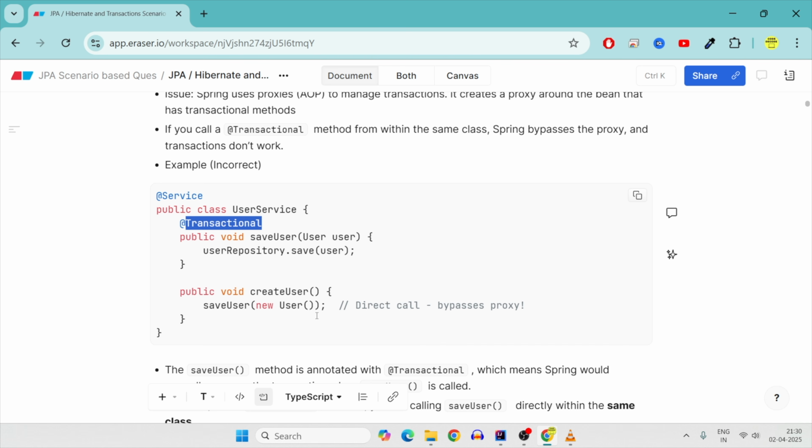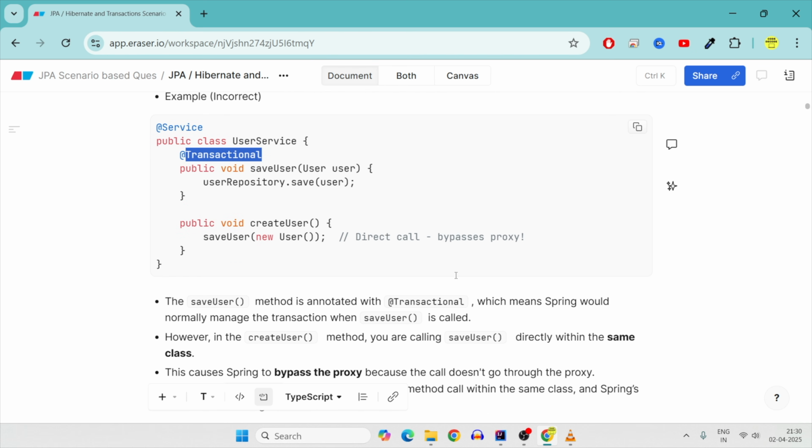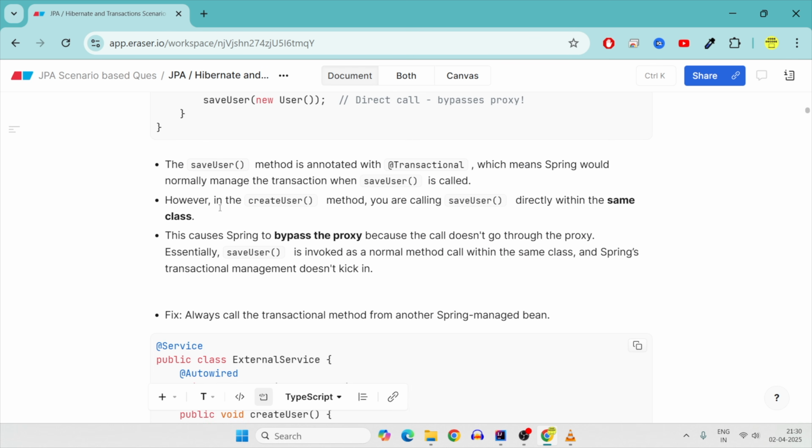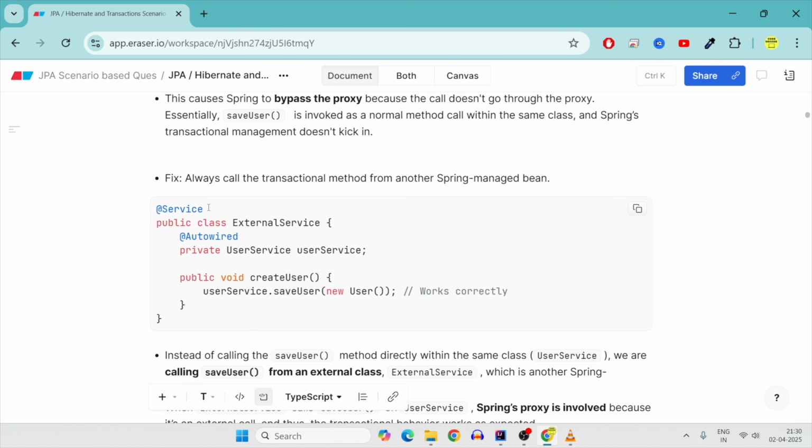So this is the case if automatic commits are not there for your underlying database, then this code will not work for you. Make sure that even though you use transaction on the method level, the proxy is created on the class level. If this topic is too difficult to understand, just let me know in the comment section. I'll create a separate video on how the transaction management works with the proxies, the external beans and everything. Let me know in the comment section. I'll do that. Now, how do you fix this?